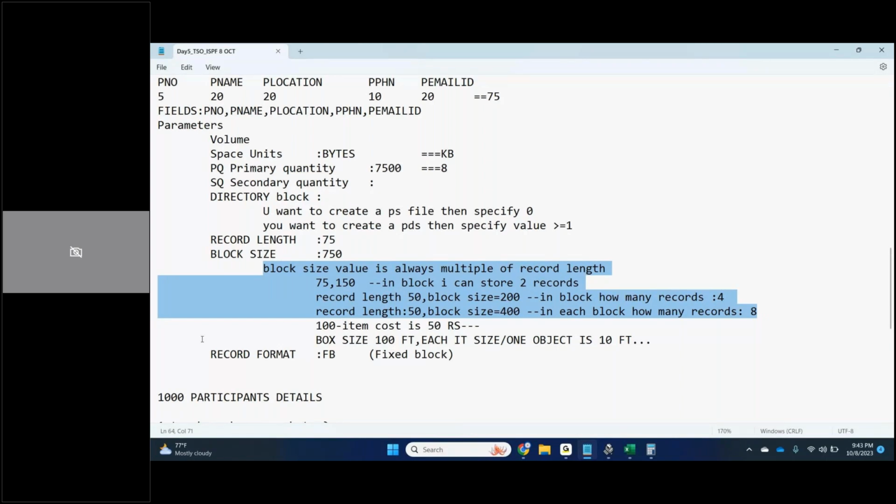Is it clear? File 1. So basically, if I give a box, how many mobiles can you store in it? How many TVs can you store in that box? It is as simple as that. So we discussed something called space units, primary quantity, secondary quantity,